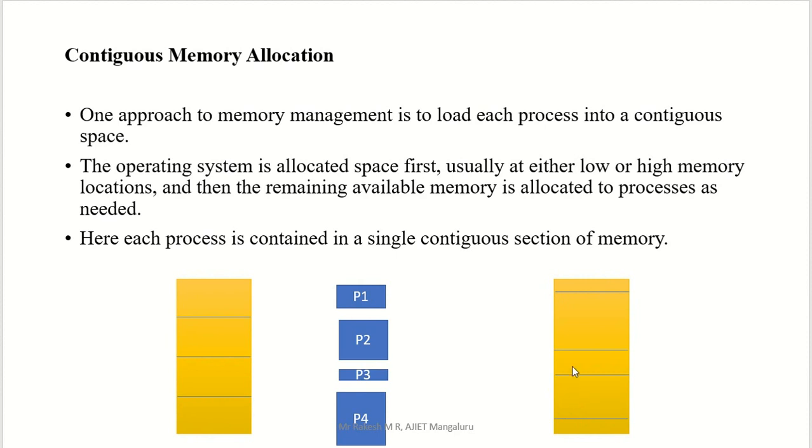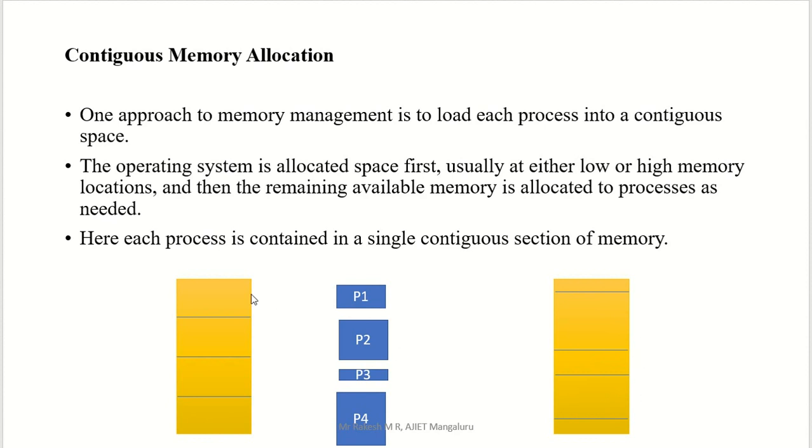Here the entire memory is divided again. This is another type of contiguous memory allocation. The entire memory is divided into a fixed number of blocks, and each block size is also fixed. But in the other case the blocks are variable size. Here we have one size, here another size. Compared to each block, this block and this block are different, variable. The size is different, and again different.